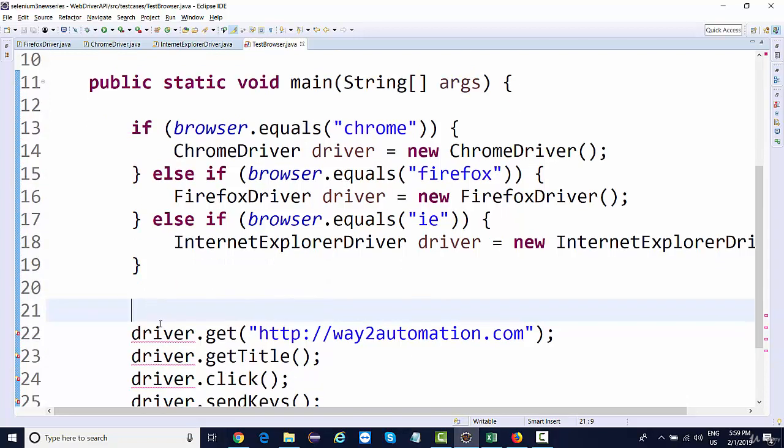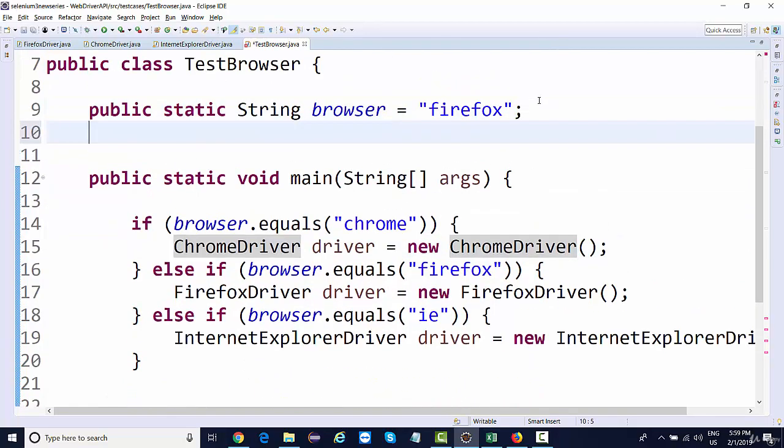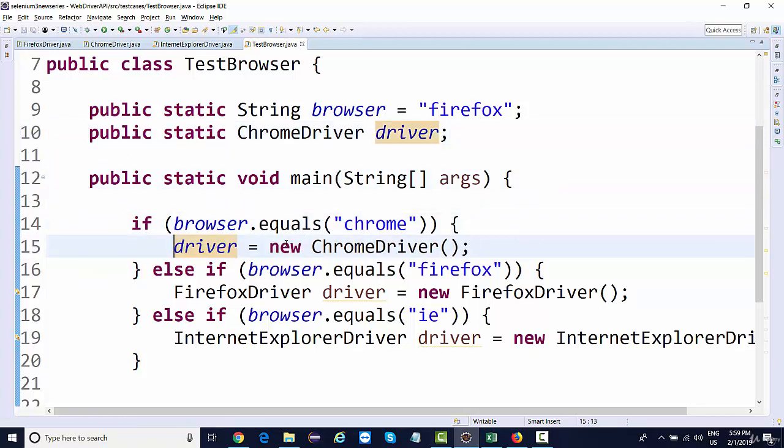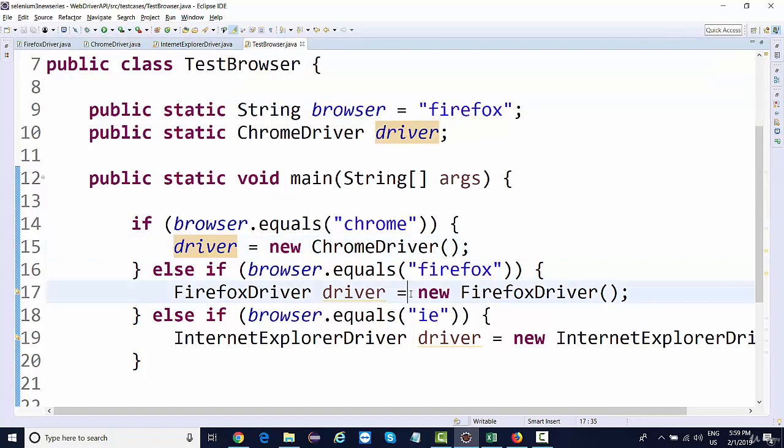Again, same scenario, the driver reference is not accessible, so we'll declare it globally. We'll say public static Chrome driver, and remove the Chrome driver from here. This is the same scenario that we tested with the actual API. So if I run this, null pointer exception.